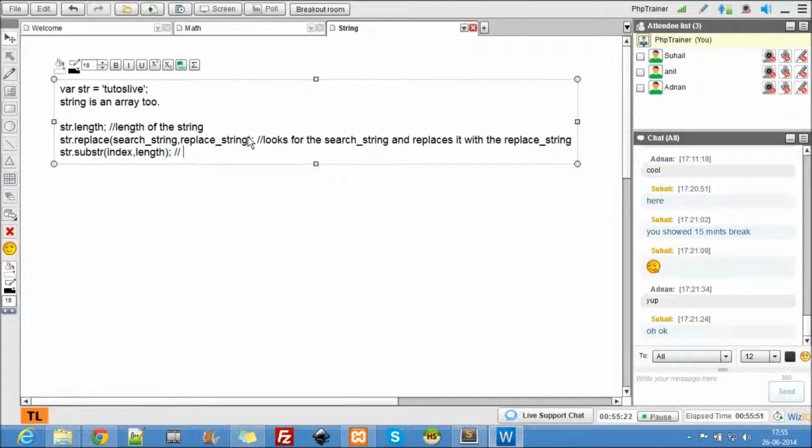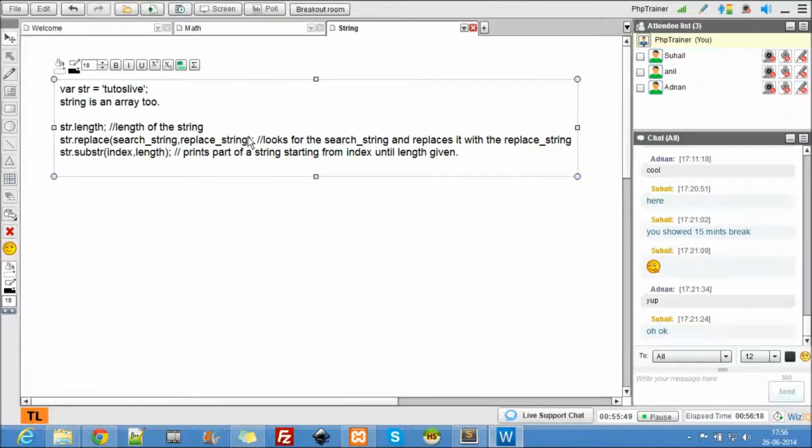It prints part of a string starting from the index until the length given. I'll show this in an example. We'll see all the examples, but I'm just giving what they really do.